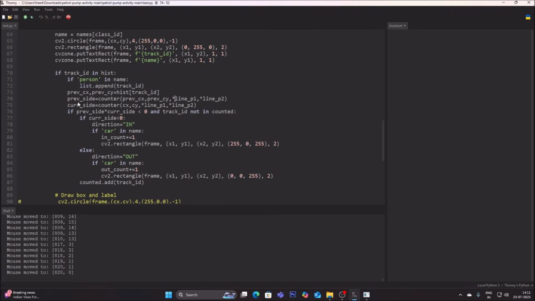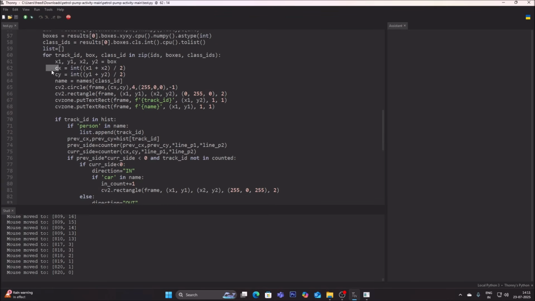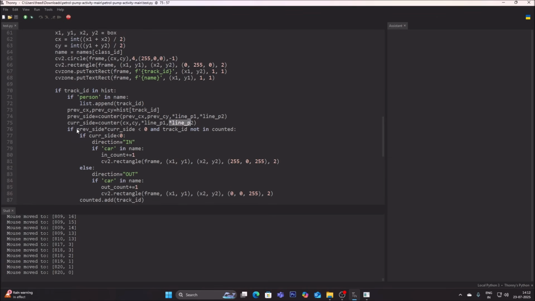Simple. And then we will get the previous side, and the same way the current side is equal to... so current side is basically their current position. So what is the current position? Current position is basically the CX and CY. Simple. So we will mention here CX and CY, again the line P1 and line P2. And then if the previous side multiplied by the current side is less than 0,